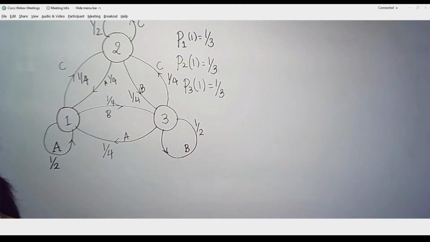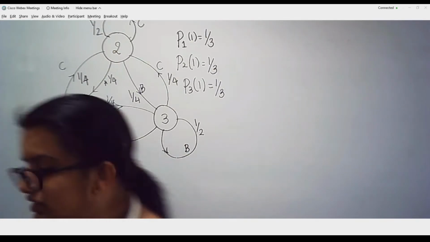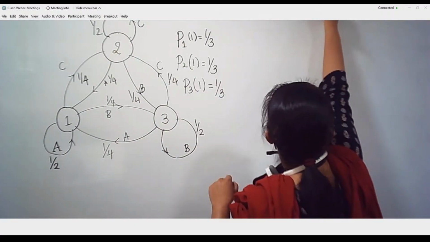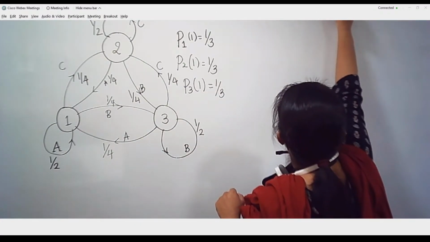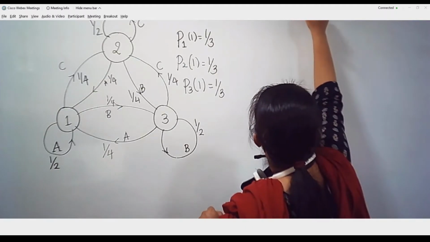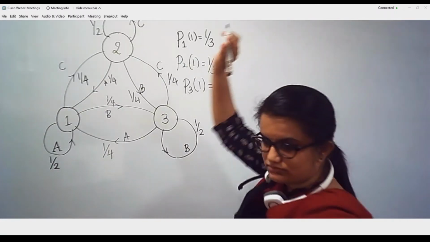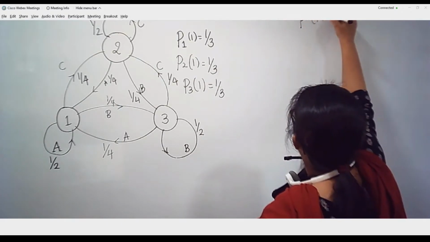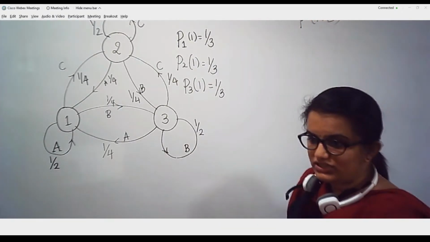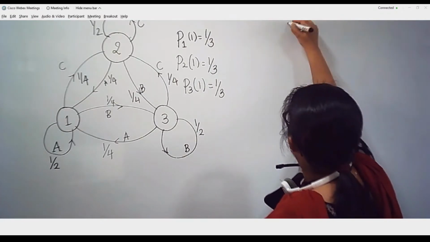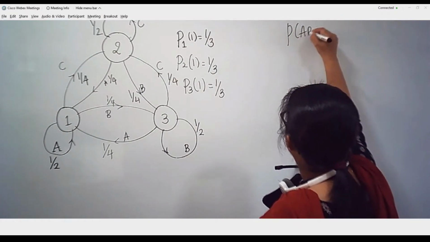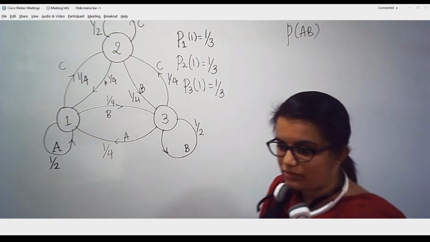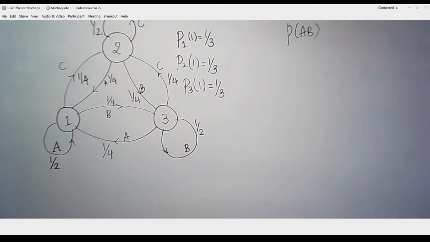Okay. So we will start off with how the source is going to generate a message called AB. I want to predict the probability of this AB, the entire probability of the message called AB. So let us look at the ways in which I can produce a message called AB. What is the first scenario where I can produce the message called AB?